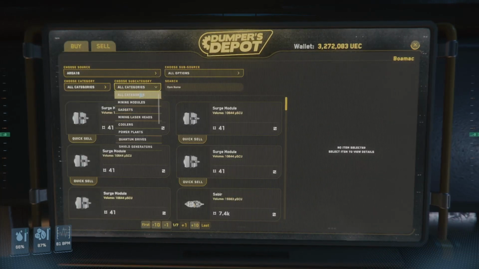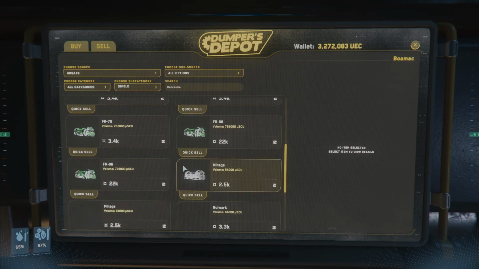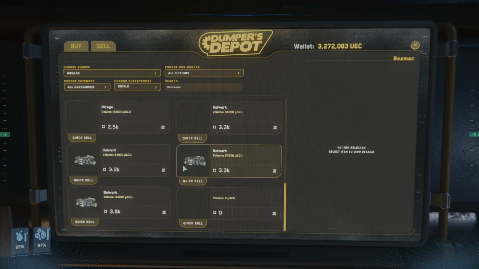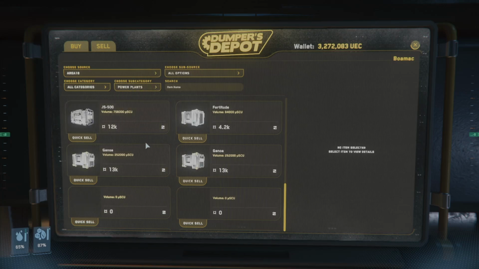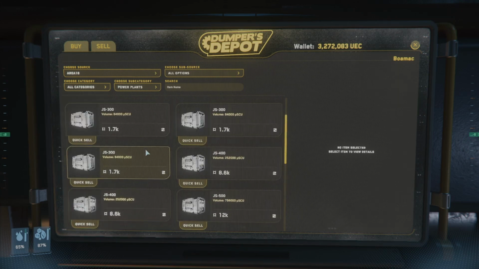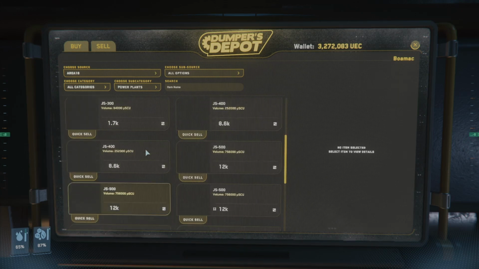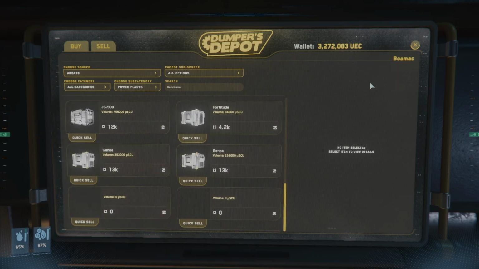Alright. Let's go with power plants. Nope, shields. So there's the bulwarks. Already had some, so you can actually see they're pretty much the same price. Those were the ones I took off my Vulture originally. So, power plant. One of the port 2s was from previously, but it's worth 4.2K. So I mean, it's worth getting if you can get it. It's not as valuable as RMC, but it's worth more than